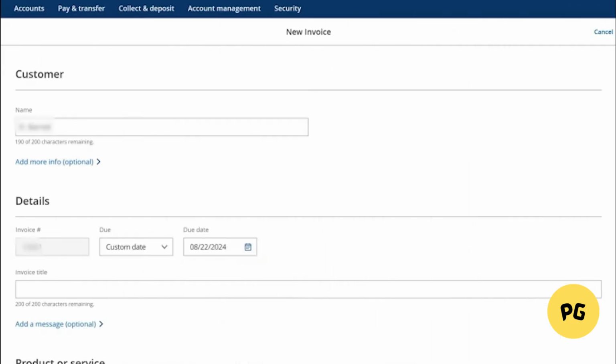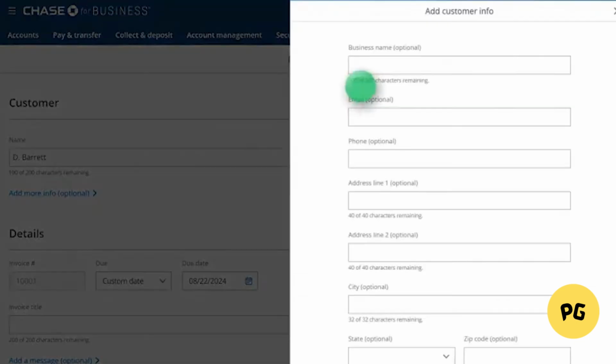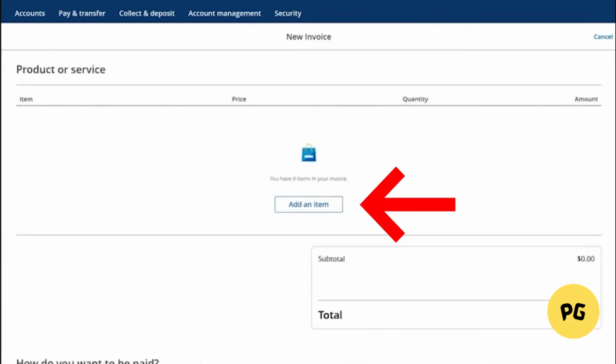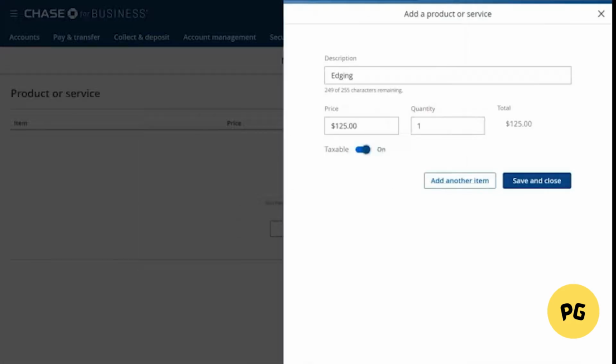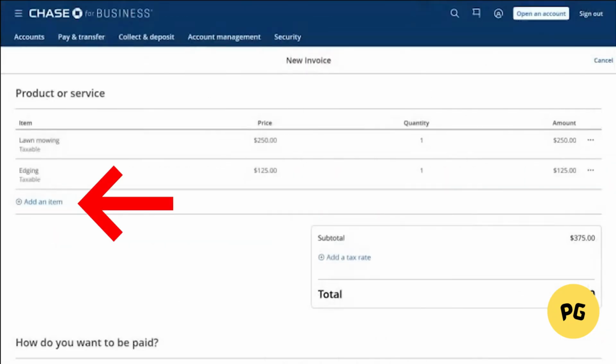Below this section, you can add more details by clicking on Add Customer Info, which will open additional fields for you to complete. Scroll down until you reach the Items section and click on Add an Item. Here, enter the item name, price, and quantity. Make sure the toggle option is turned on, then click Save and Close, or choose Add another item if you